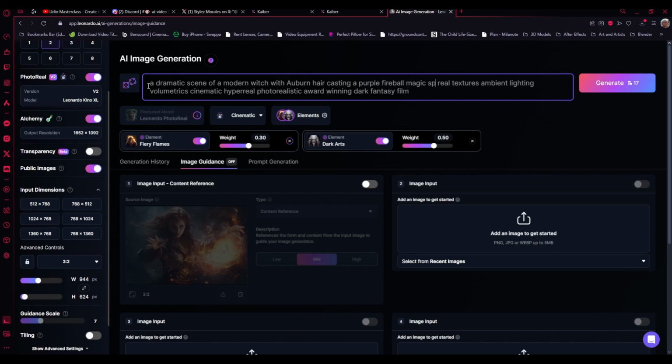Magic spell in an ominous cemetery. All right. Some of these words really help to lend a lot of the look and feel. So, when you're trying to get something dark, fantasy, or film, you want to use words like that because it will bring out the look that you're trying